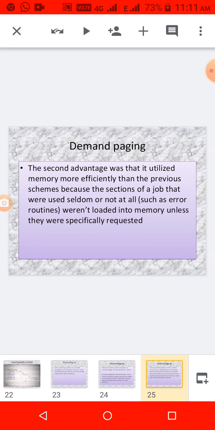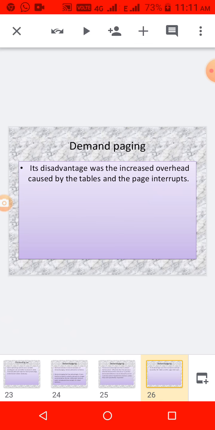And in the second case, we are using that memory in an efficient way. Whatever the job size, it is not a problem, and by using the additional memory efficiently we are doing the processing. The disadvantage is that many page faults occur. Okay, thank you.